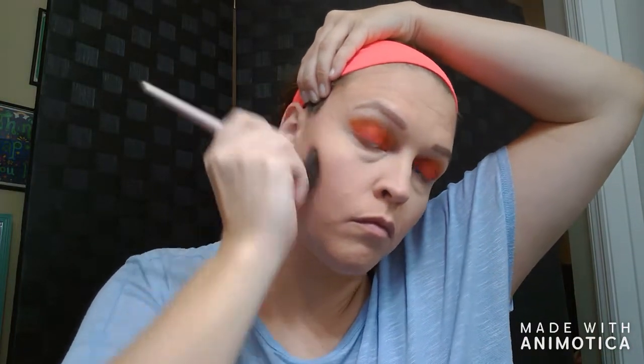I go not all the way in, just enough so I don't look too hollow of a face, but to give my face some dimension, and then blend up. I love the Hoola color because it's very buildable and it goes with a lot of skin tones. I will try probably eventually to have the Hoola light, especially during the winter, but I've never actually